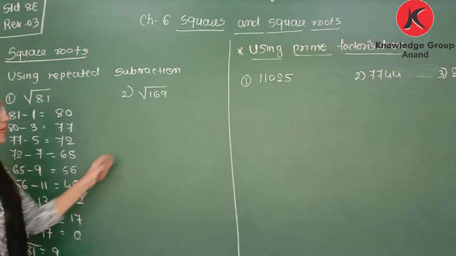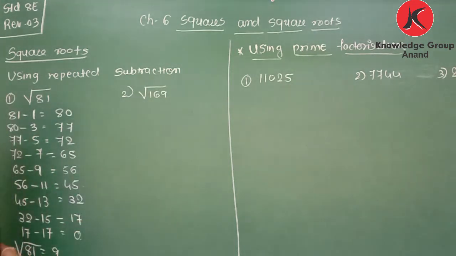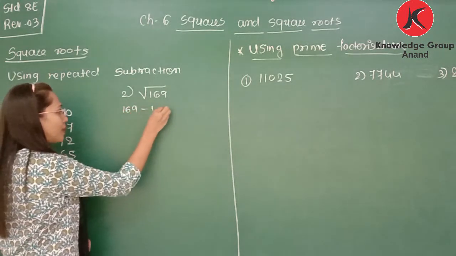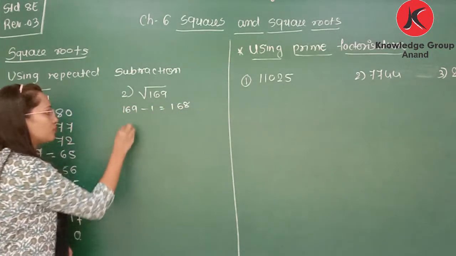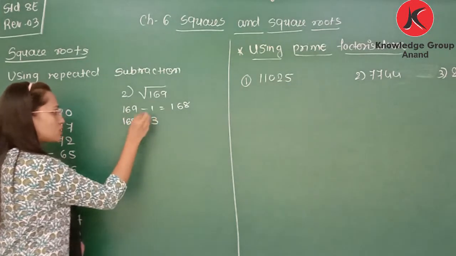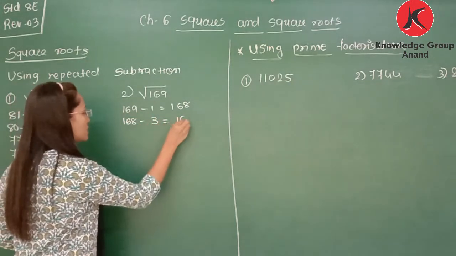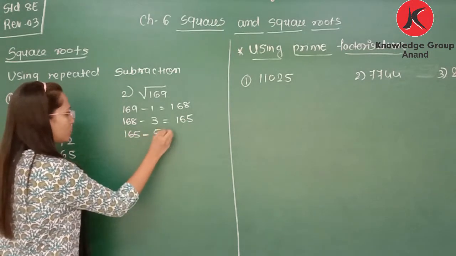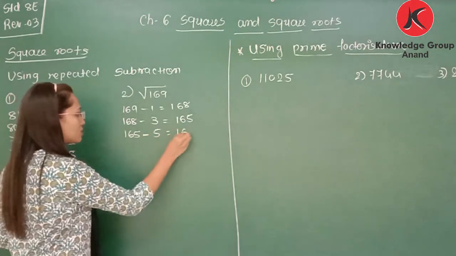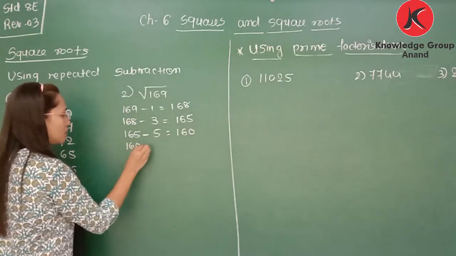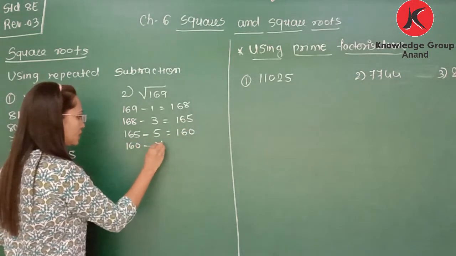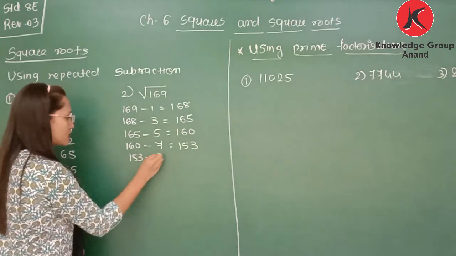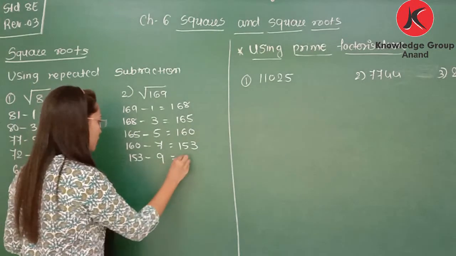Clear? Now next one. Square root of 169. Again we start from the first odd number. 169 minus 1 is 168. Now 168 minus 3 is 165. Now 165 minus 5 is 160. Now 160 minus 7 is 153. Now 153 minus 9, we will get